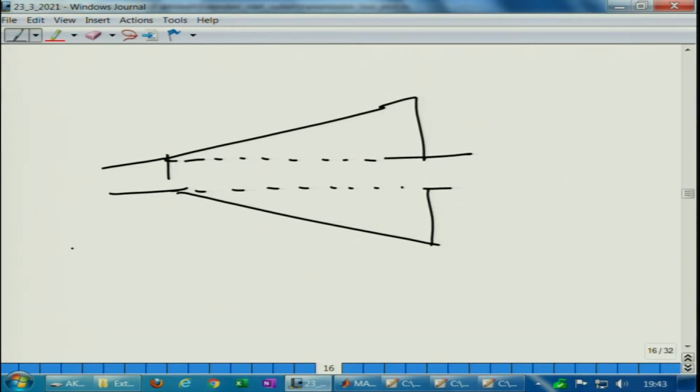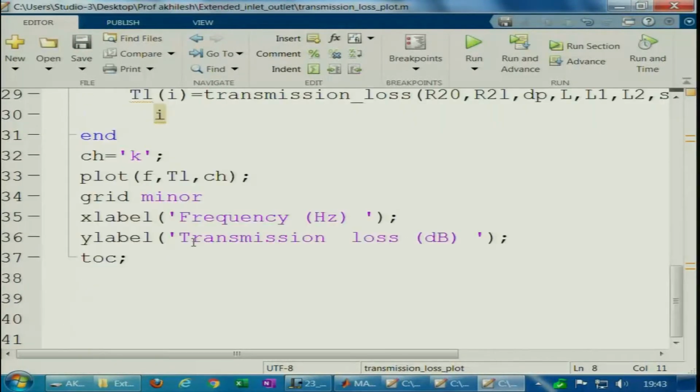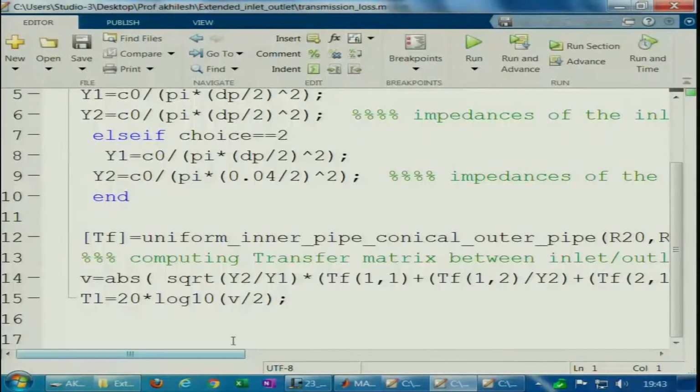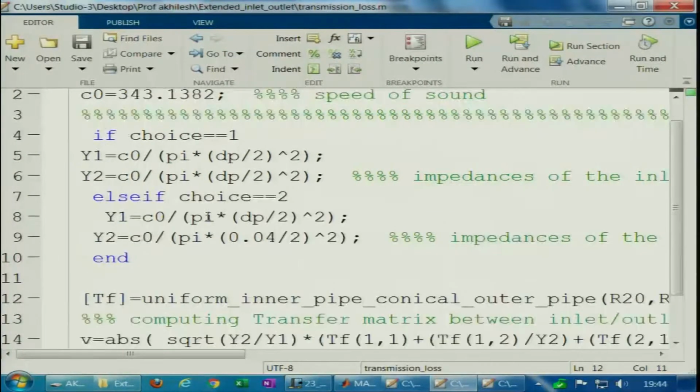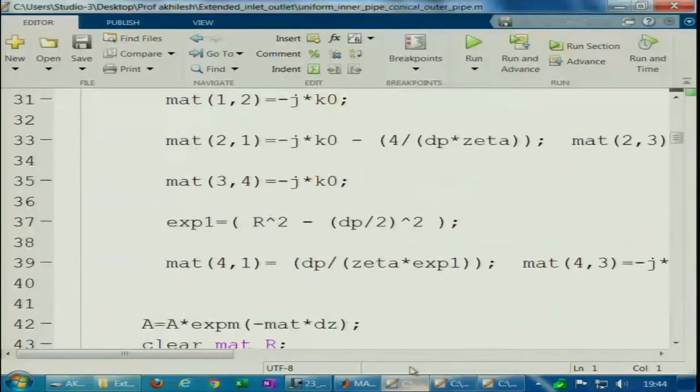So, once we go to MATLAB, this is all in our hands, the length we have chosen. This is the reason why. Let me just comment it out and put this thing here, and porosity is 30%, everything else is the same, and you are using something to calculate the transmission loss once you get the overall transfer matrix. So, we are giving choice 1, meaning the inner pipe is uniform across its length, the outer pipe is varying, and then we get this kind of a thing.